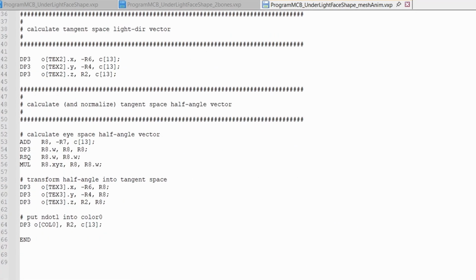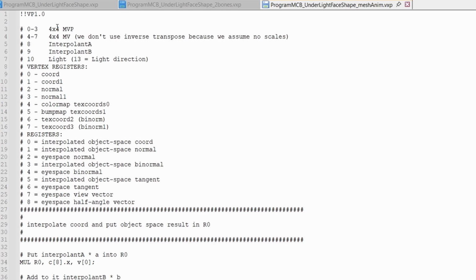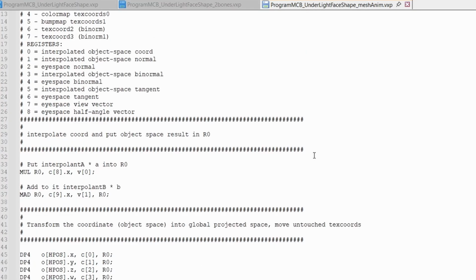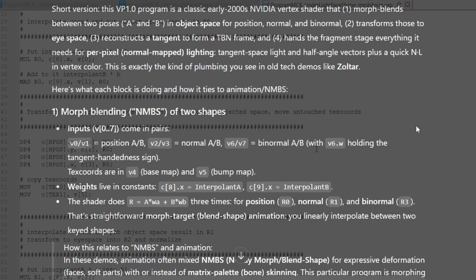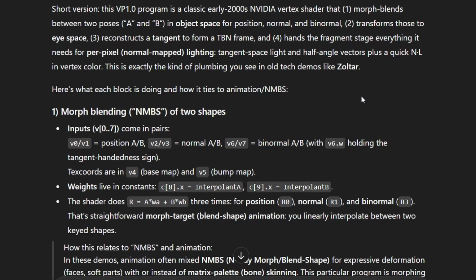It must run this shader each time it passes an element of the NMB file through it for an animation, and just processes each part of that. That could be why the NMB files have so much data in. So what I've done is leverage some AI here, ChatGPT 5, to give me an explanation of what this code is doing. So this is a classic early 2000s NVIDIA vertex shader that morph blends between two poses, A and B,